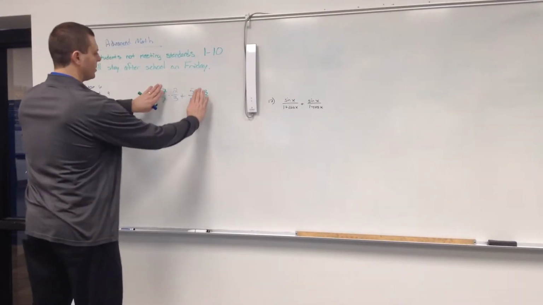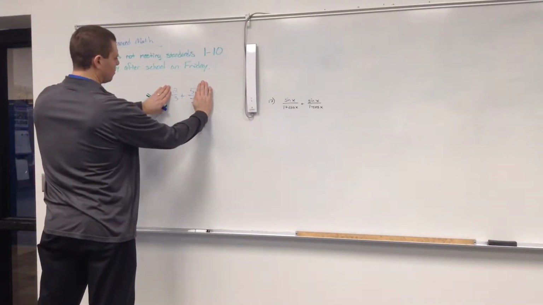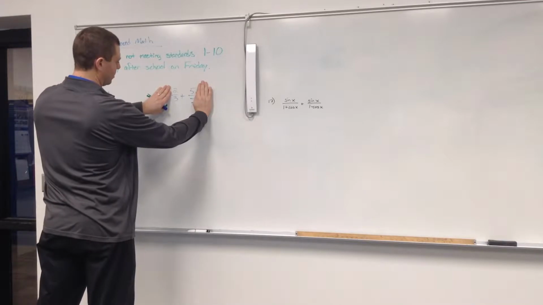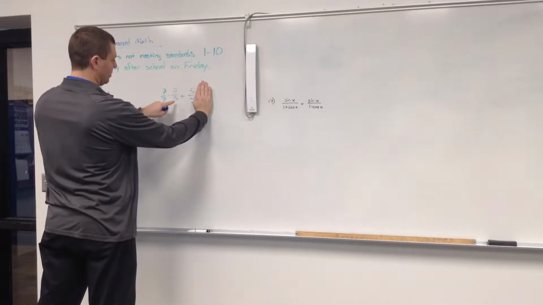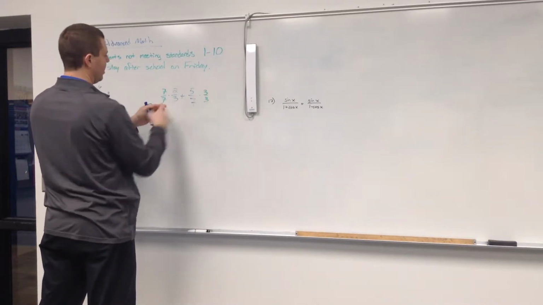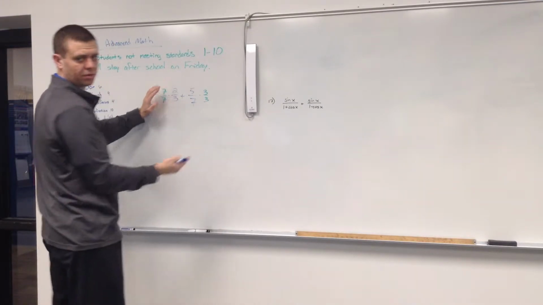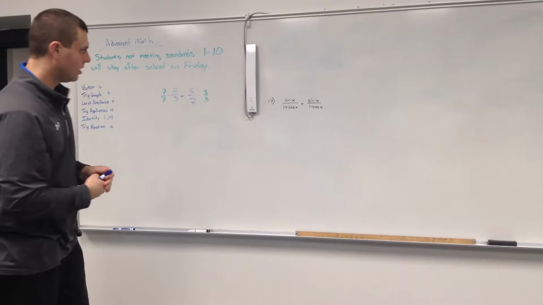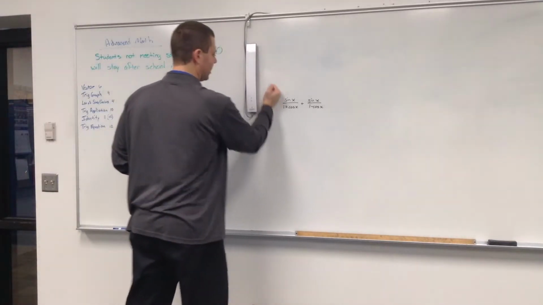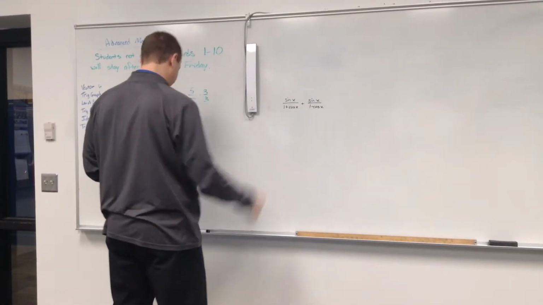So basically what it comes down to is I'm taking 2/3 plus 5/7. I gotta multiply this fraction by 7/7 to give it a denominator of 21. And I gotta multiply this fraction by 3/3 to give it a denominator of 21 so I can add them together. So in problem number 17, in order to add these two together,